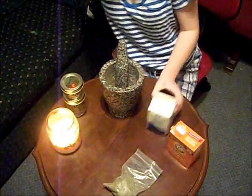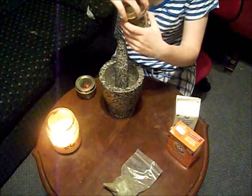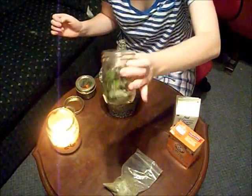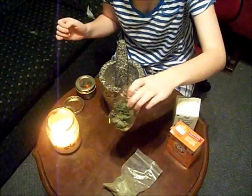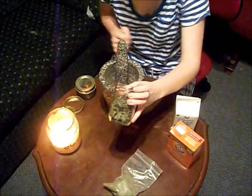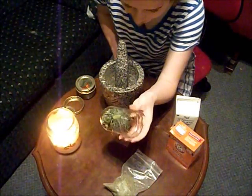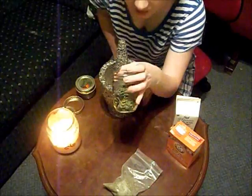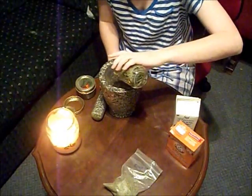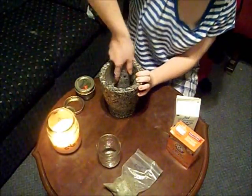Okay, so the first thing I am going to do is crush up my herbs all together. These herbs in this jar here are just a mixture of herbs that I got from my little herb room. These are the ones that I've dried myself. In here is lavender, sage, spearmint, peppermint, and I think that's it. Oh, and a little bit of thyme. So I'm just going to put those in my mortar and pestle and just start